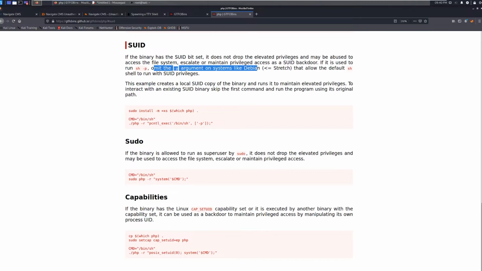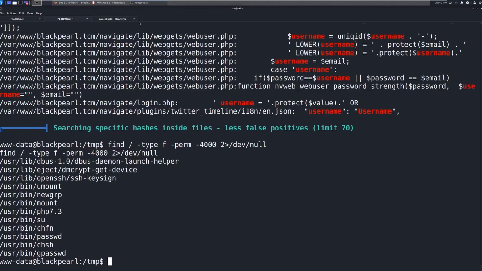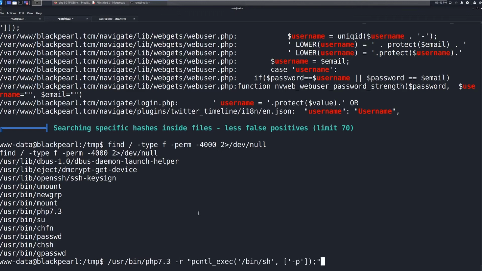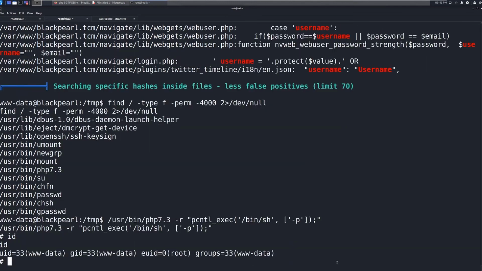So all we need to do on this is we just need to run the PHP, and we need to run it with the rest of this setting here. Okay, that's really it. And we're going to call out that binary specifically. So you copy this, come back in here. We see the binary is sitting in /usr/bin/php7.3, and it shouldn't matter that it's PHP 7.3. Just paste the selection. Okay, this is going to execute /bin/sh as the root user, giving us, hopefully, a